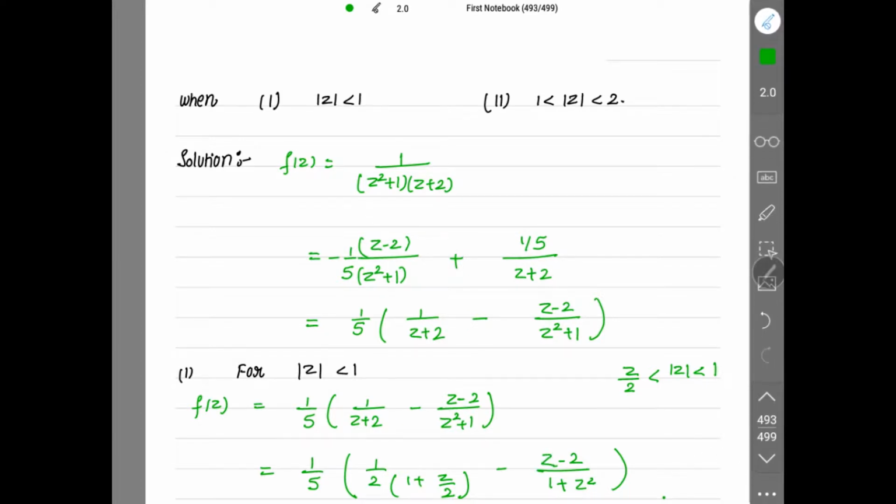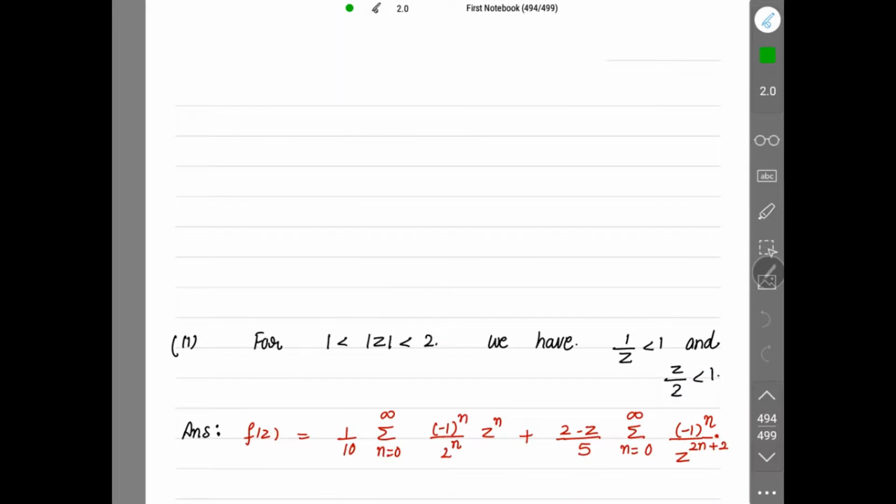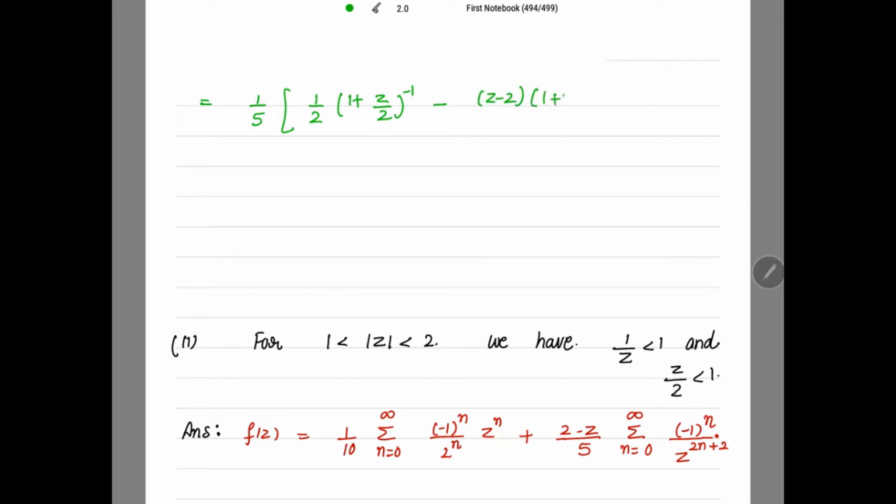Okay, next, take their inverses in the numerator. So this is 1 over 5, 1 by 2, 1 plus z by 2 inverse, minus z minus 2 as it is, and 1 plus z